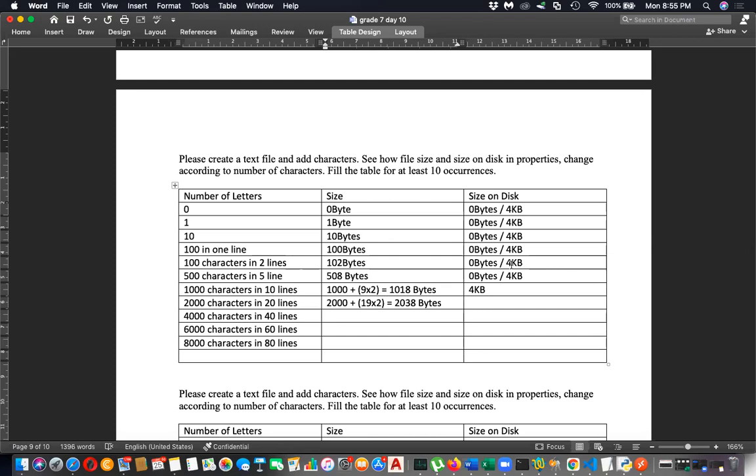4079 bytes. Okay. 4079. So anyway, you get 4000. That's for sure. Because 4000 characters, for sure you will get 4000. But I wonder how you got